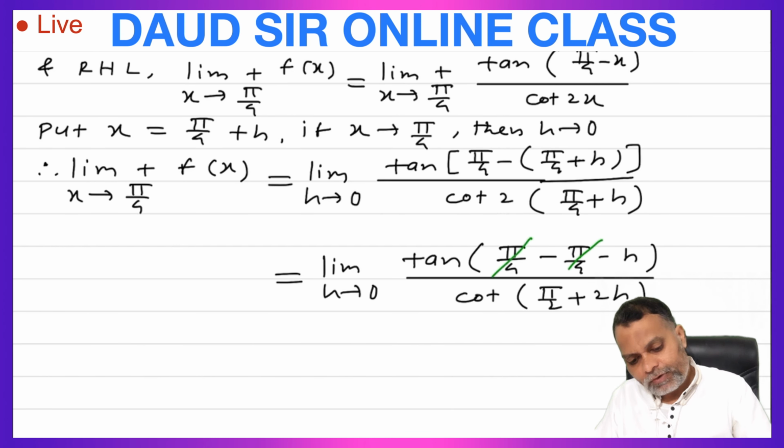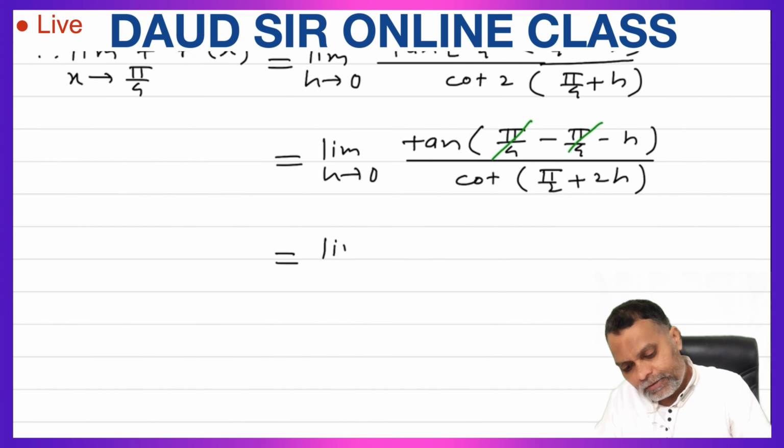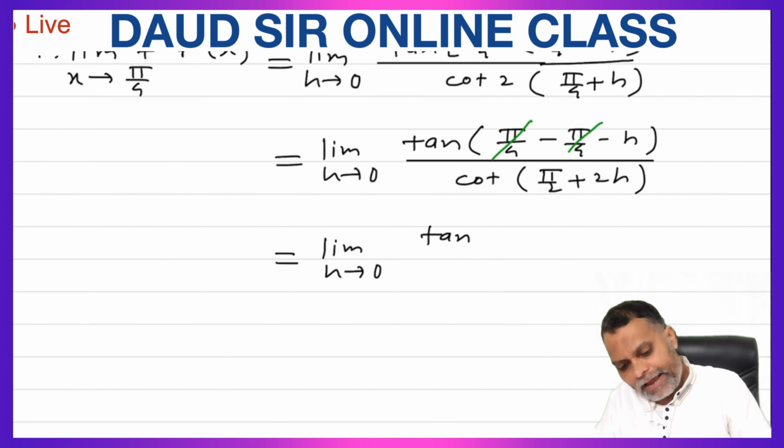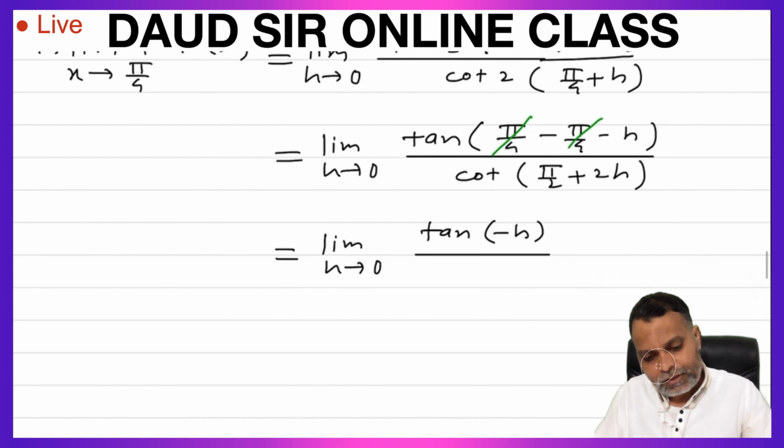Negative pi by 4, positive pi by 4 cancelled, which is equal to limit h tends to 0 tan minus h upon